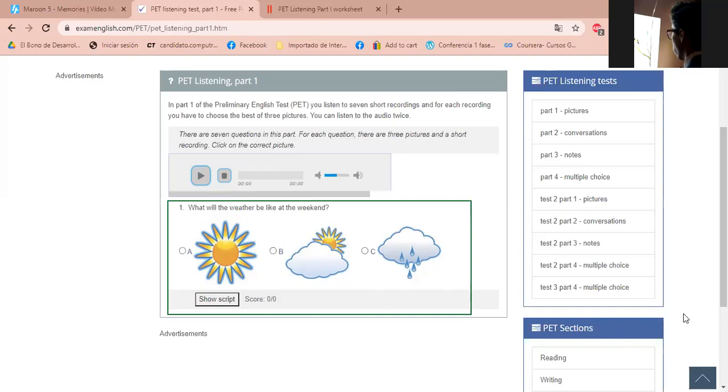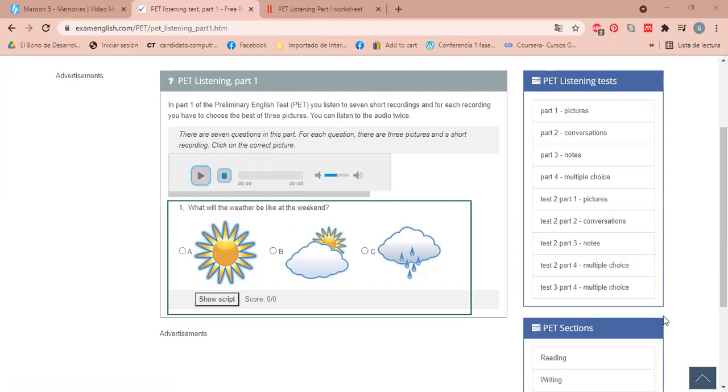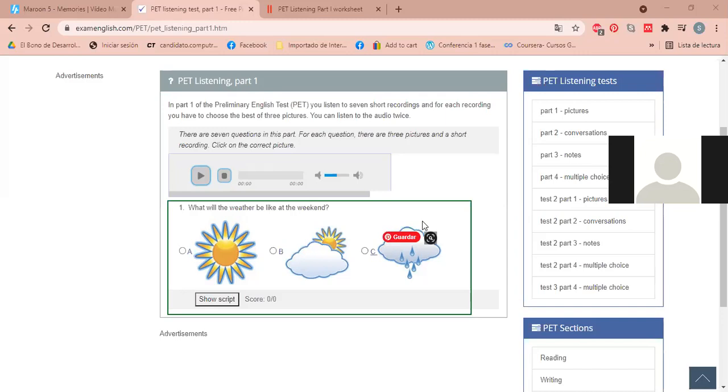Let me see if it's clear. Jason, what do we have to do? Oh my gosh, here is just the ghost of Jason because he's asleep. Erika Chuga, can you help me please? What do we have to do, or what are we going to do? Respond the question, listen the audio, and respond the chat. Exactly. We're going to send A, B, or C in the chat. Exactly.